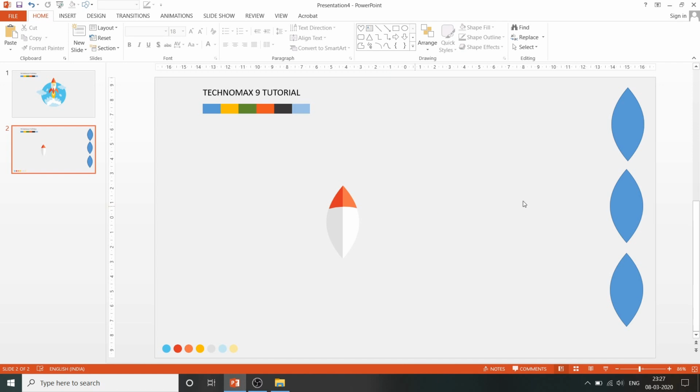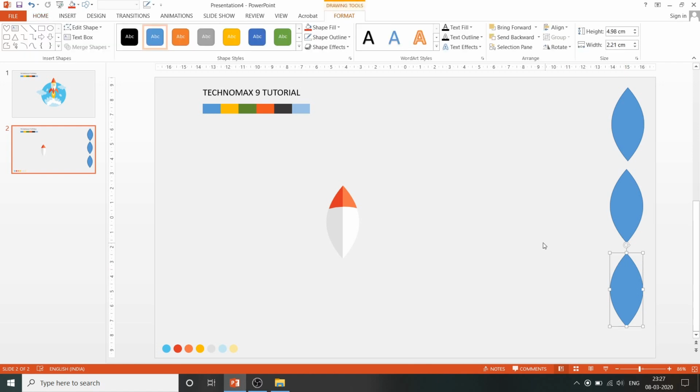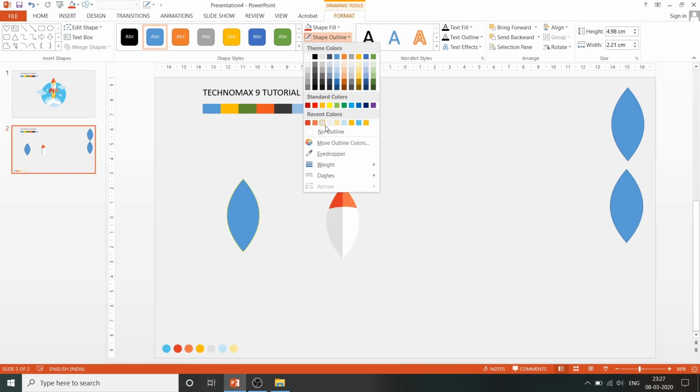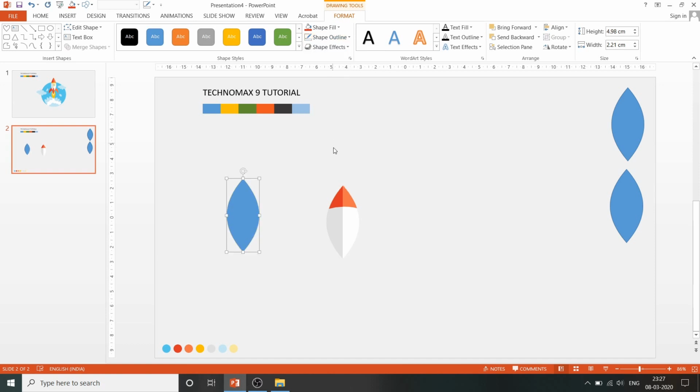Now once you've done that, use this shape, go to shape outline, no outline, and then duplicate this, place it above,